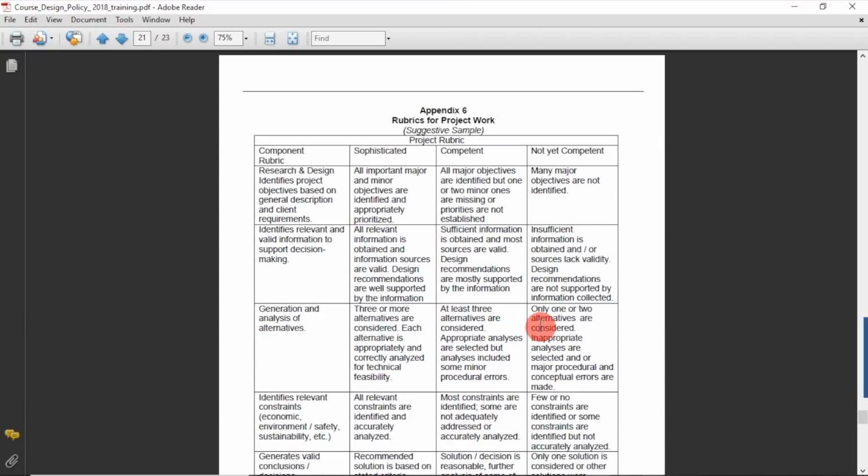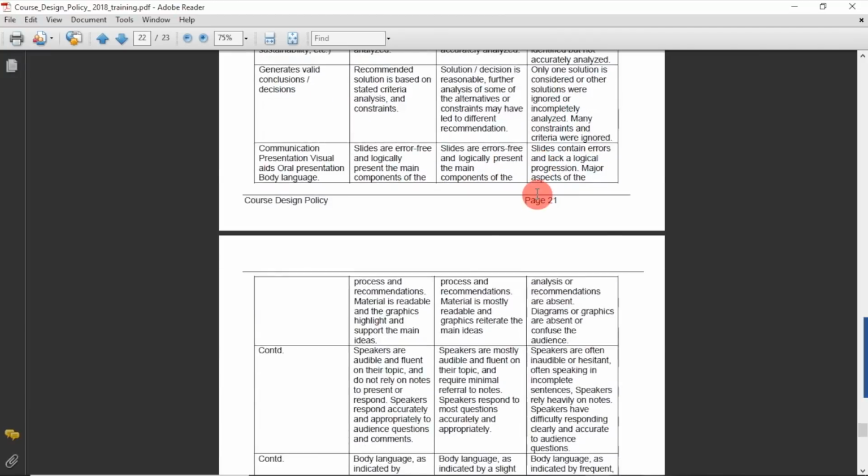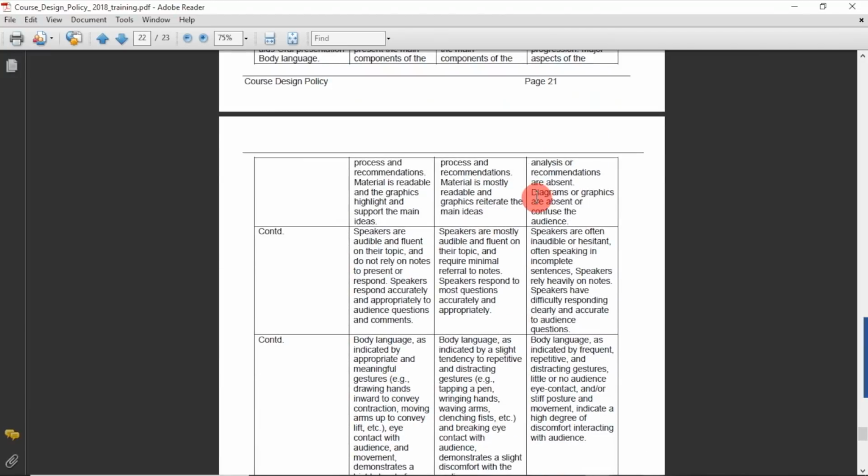Then you must also go in for developing some rubrics. So rubrics is basically a blueprint of what all you are going to assess as far as that particular exam is concerned or a project is concerned for the students. So you will find numerous rubrics for your subjects. If it is a presentation, what are the rubrics to be used? If it's a role play, what are the rubrics to be used? If it's a project, what are the rubrics to be used, right?